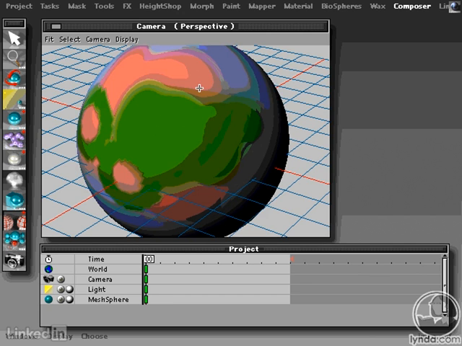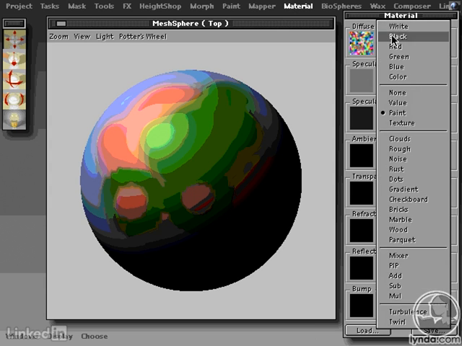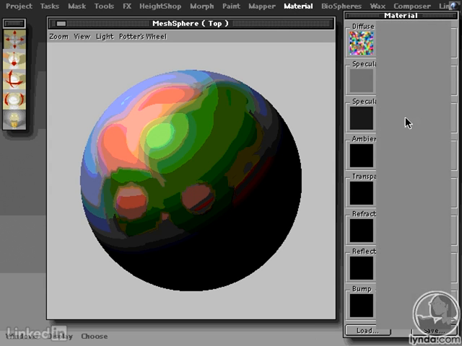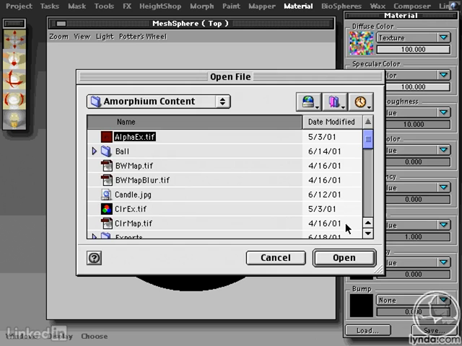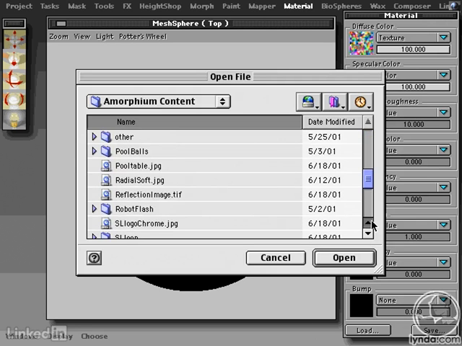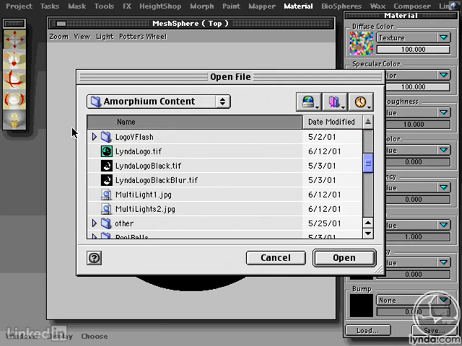Now, texture maps don't work that way. Texture maps, even if there's really low detail, it's still going to put high detail in the image because it's actually wrapping an image around those polygons. So it doesn't base it on the points, it bases it on how to wrap the full image on a polygon. So you can have one polygon that has a pristine texture on it. If you come into materials and use texture and load an image, for example, if I were to load the lynda.com logo here,